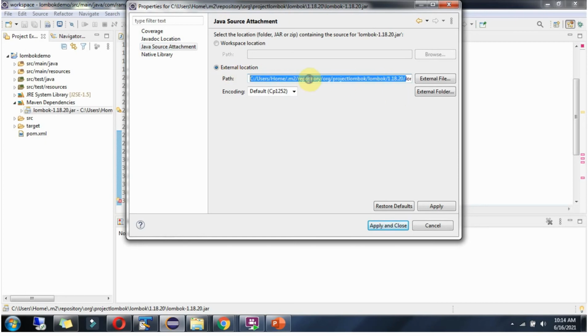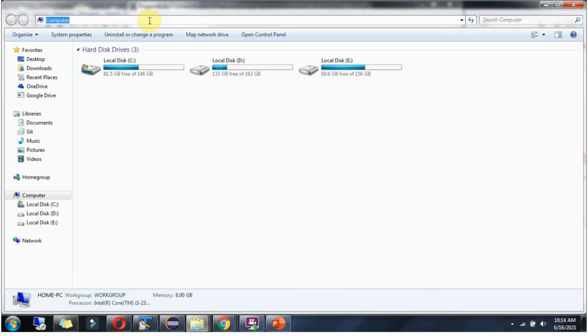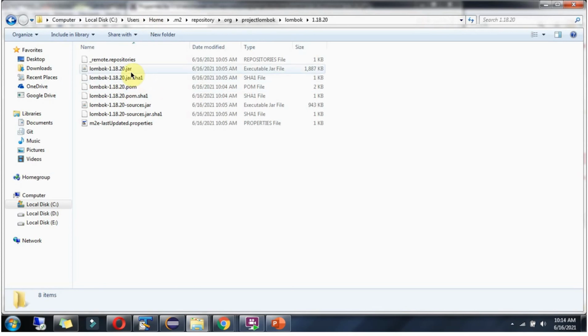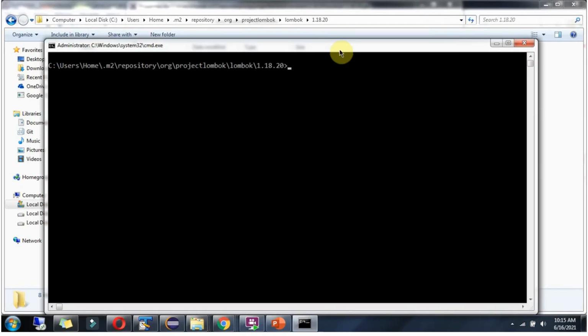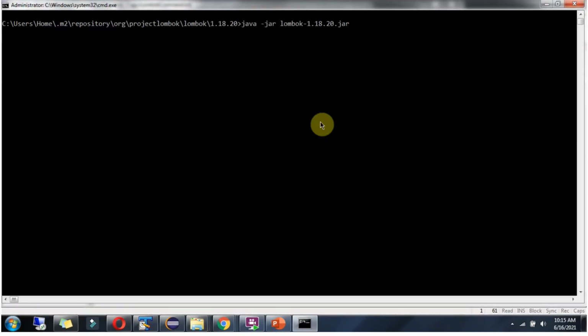Copy this, and here you can see the Lombok jar. Use java -jar and the Lombok jar. Enter,